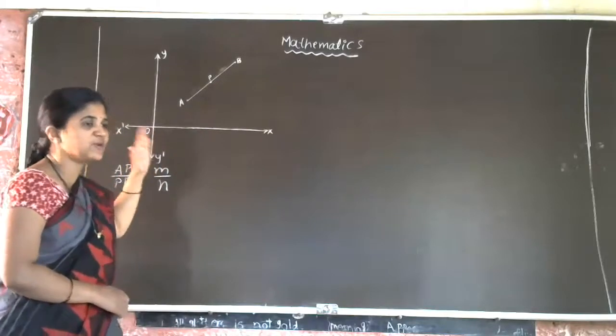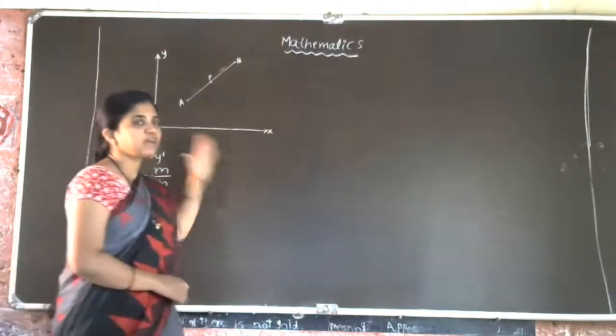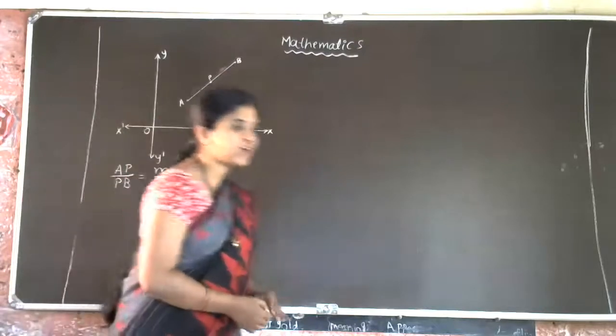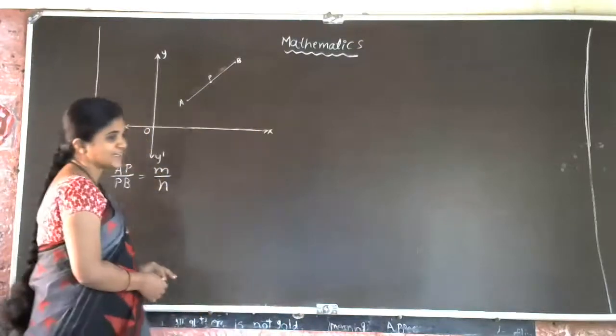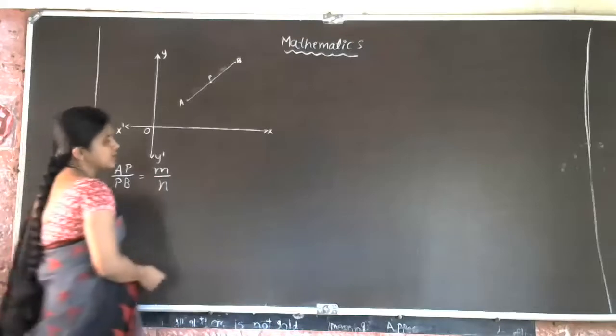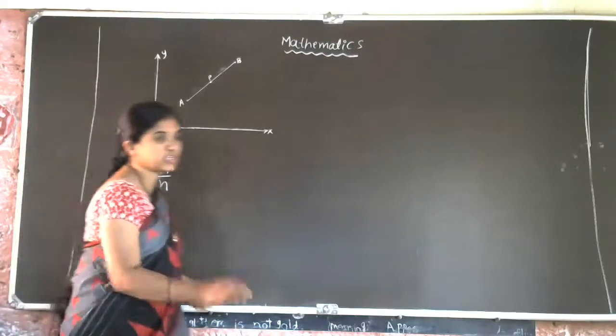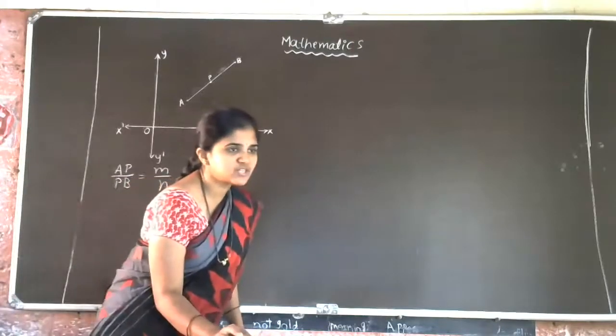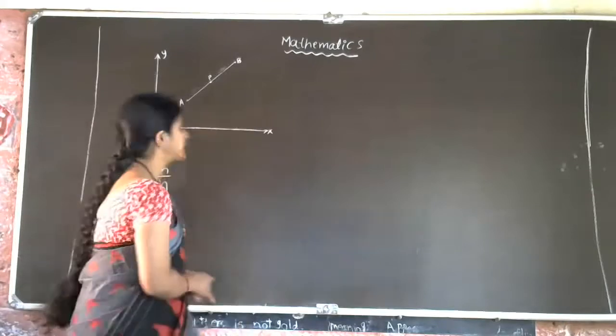We all know that for the distance formula, we took the help of the Pythagoras theorem. For that, a right angle triangle is necessary. So here also we'll do the same construction. What construction do we have to do? Let us see that first.